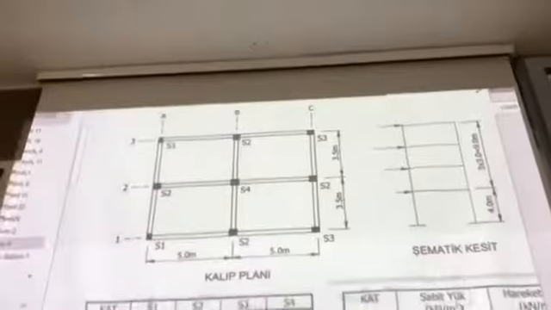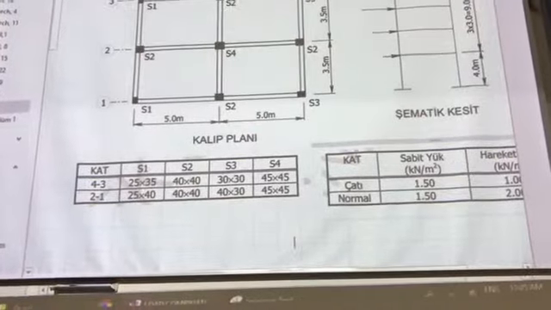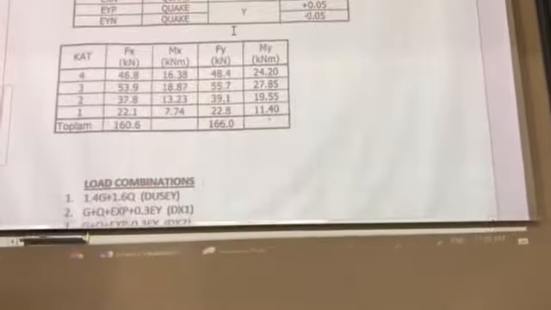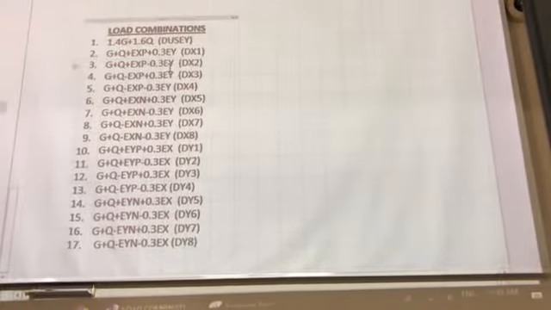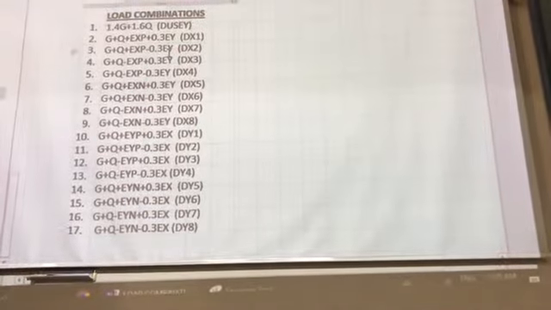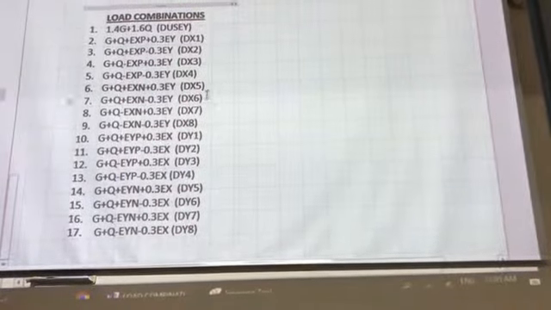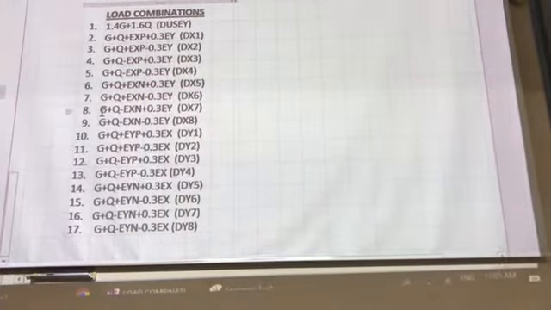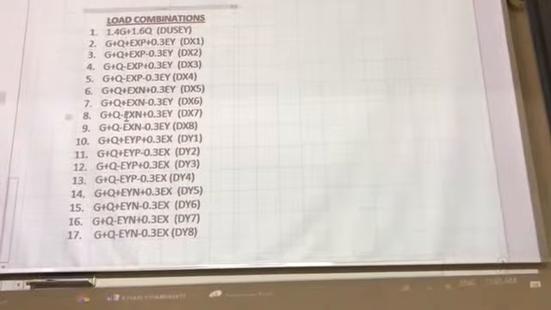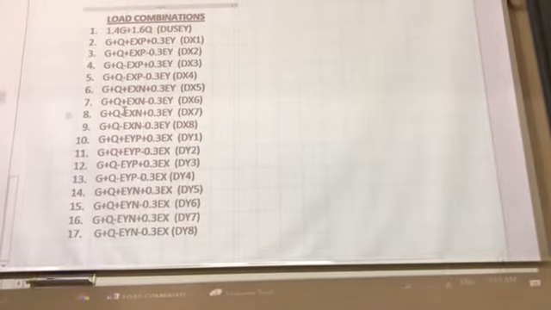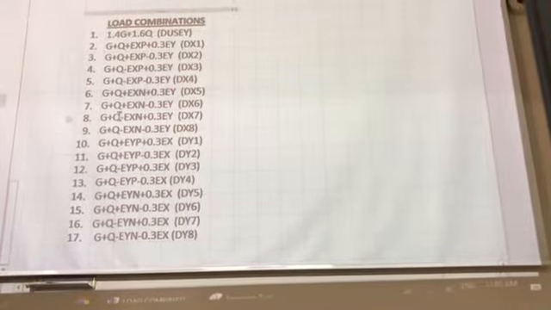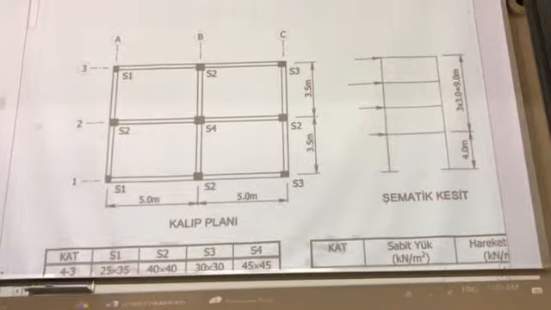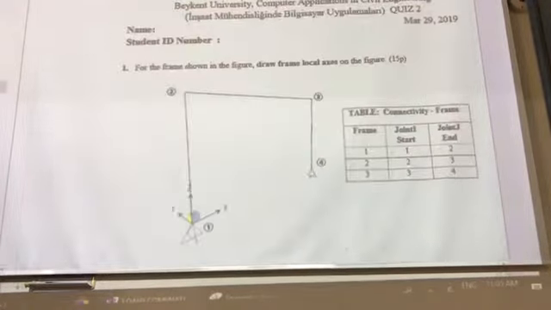We will apply dead loads and live loads to the slabs in the building, and we will make some load combinations also. There are actually more than 17, because in this case we have only 1G plus 1Q plus E. Additionally, we need to consider 0.9G plus 1E, okay? But it is not given here. I'm going to explain this later. Now let's first